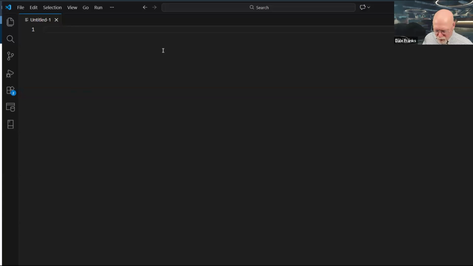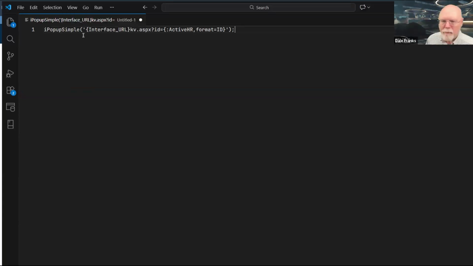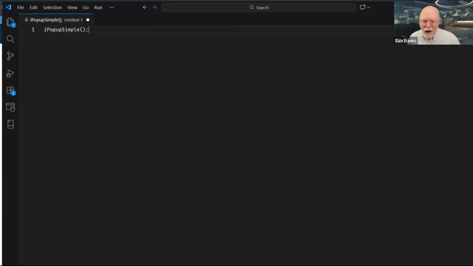And we'll look at it right here because this is the command that we're going to write. So remember, as I said, iPopUp simple just takes a URL. That's all it takes. I mean, this fundamentally is the command for iPopUp simple. It just happens to have a semicolon at the end because all JavaScript lines have a semicolon at the end. And all it takes is a URL. So the fundamental syntax of iPopUp simple, which is a JavaScript command, is basically this. We need a URL in here somewhere.